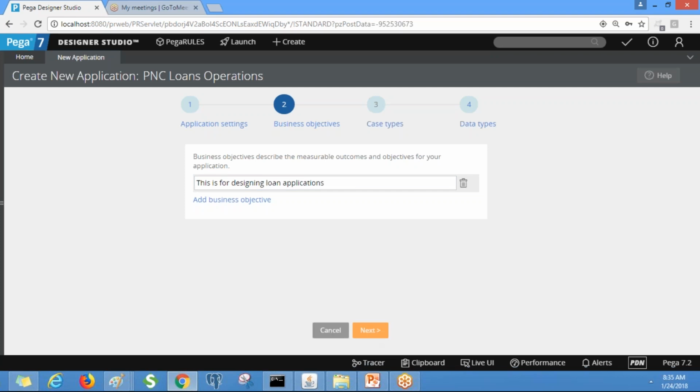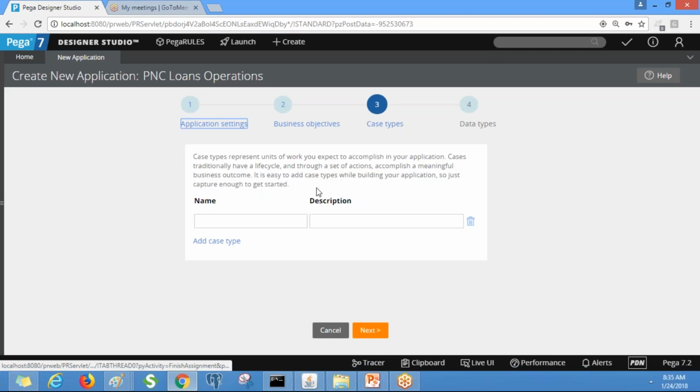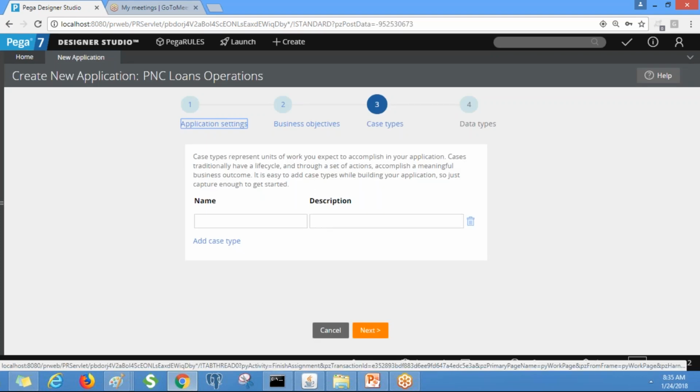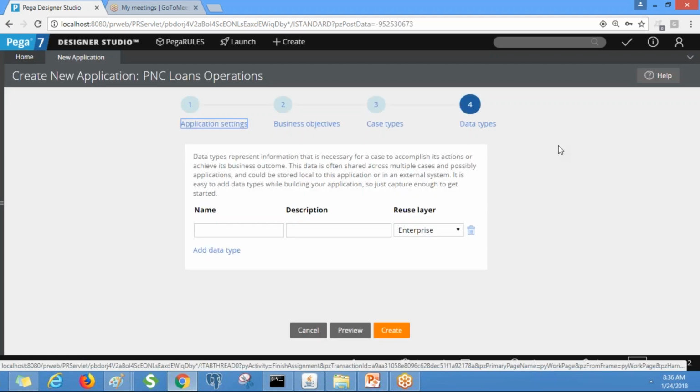Object is not mandatory. The case types are also not mandatory here. Once we log in to our own application, we can create case types there. The data types also we can create once we log in to our application. Click on create.